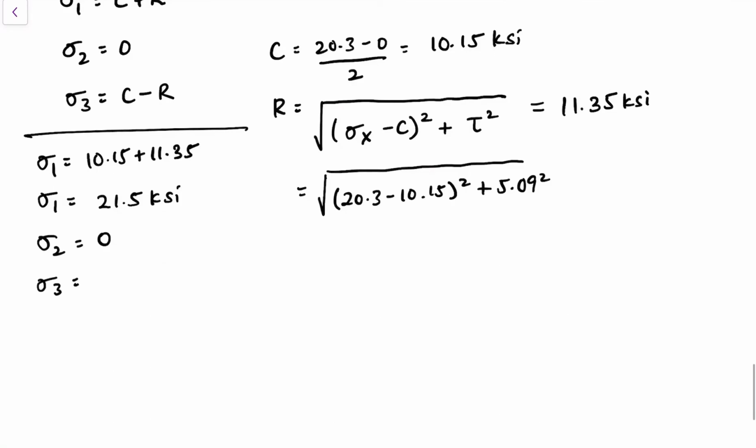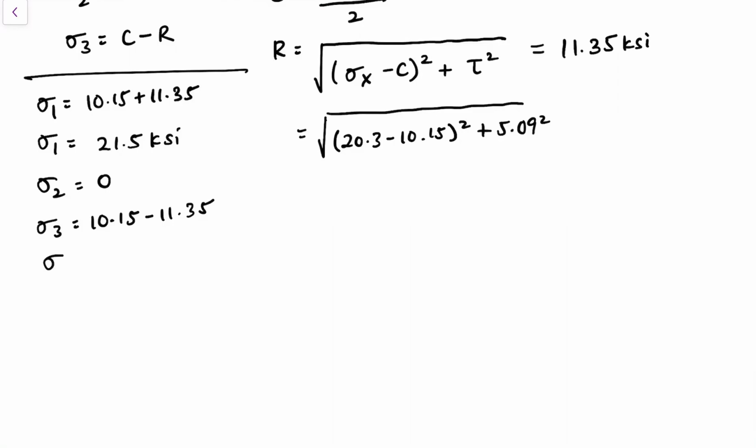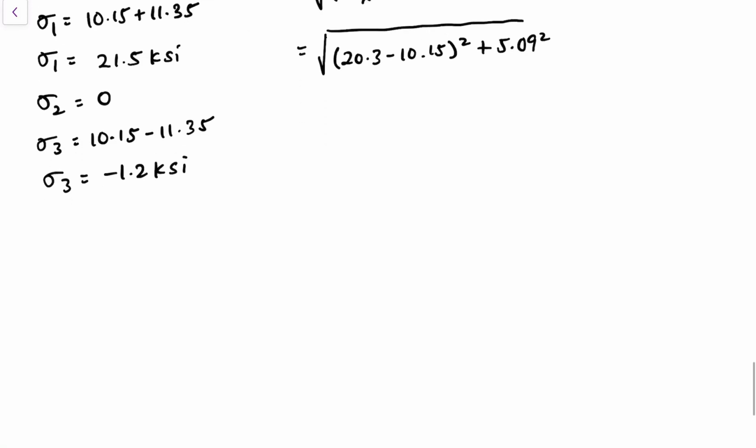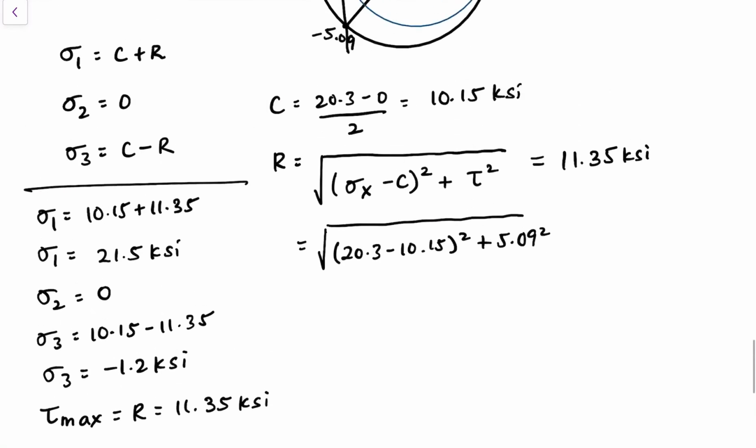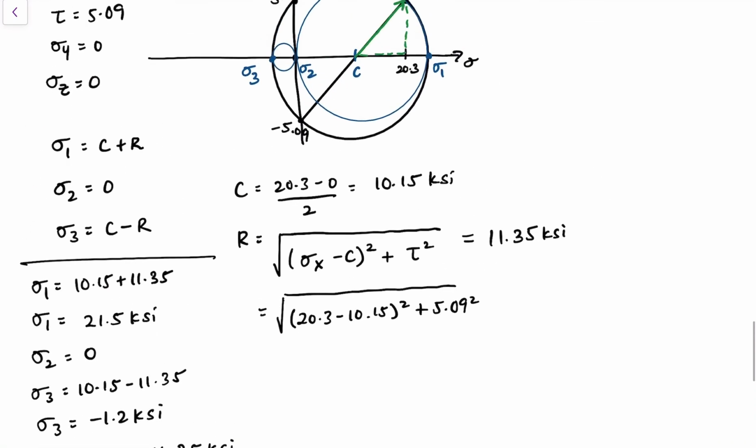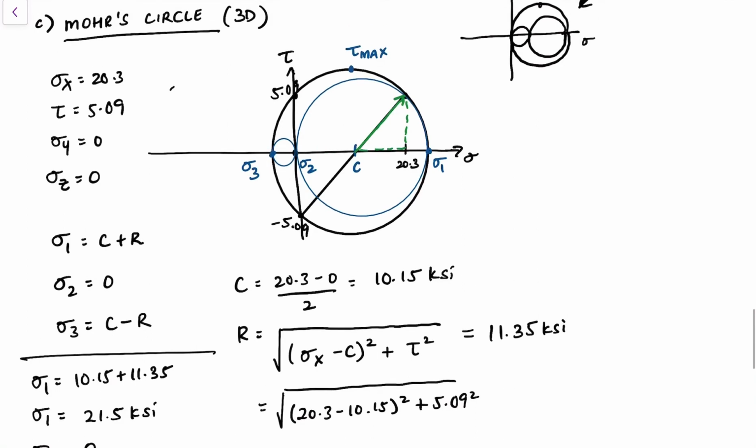Sigma 3 is 10.15 minus 11.35, which is negative 1.2 ksi. And tau max is equal to the radius, which is 11.35 ksi. So anytime you need to draw a Mohr circle, I would suggest drawing a 3D Mohr circle and